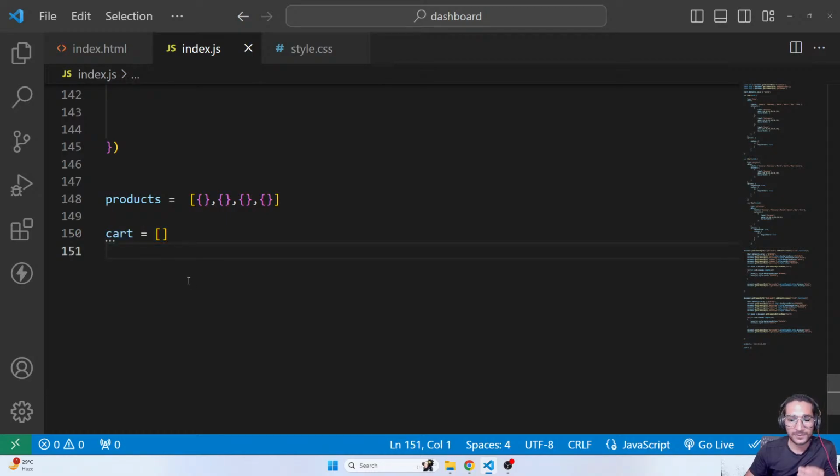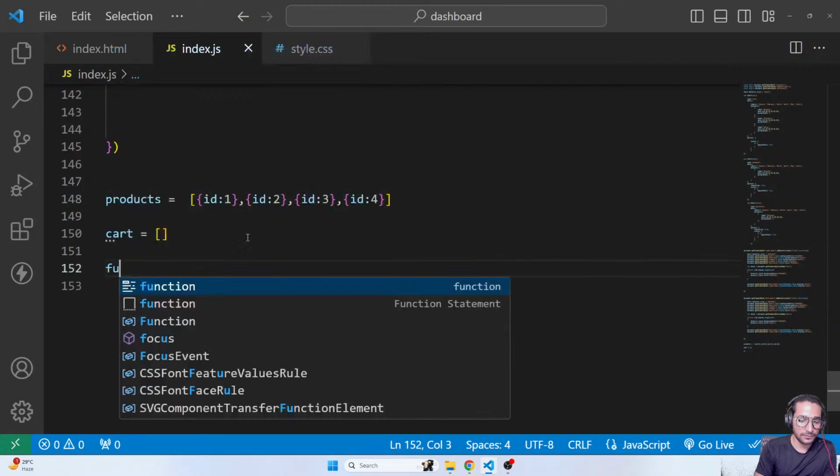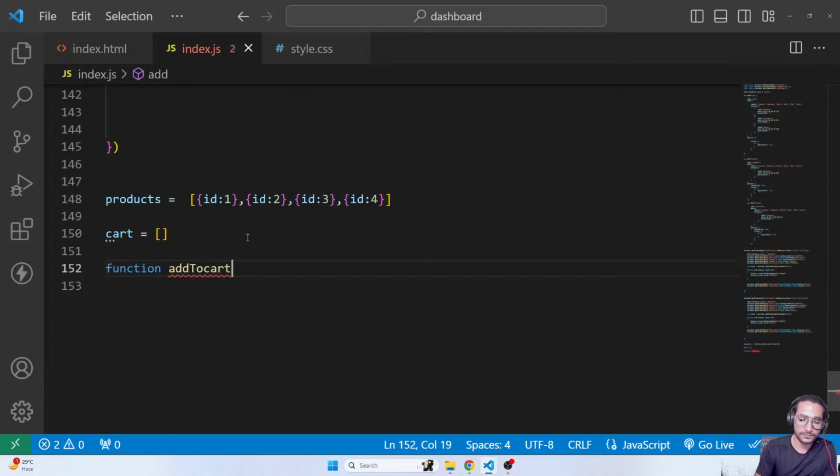So as soon as someone performs add to cart, create a copy of that object. Like for example, let's say this is ID1. I'm just using ID. I know that you might be having name and price and all that stuff. ID2, ID3. Wait, I'll show you. So, let's say you have a function add to cart, okay? And you're going to be calling it on button. Whenever you click on the button, you send the index or the ID of that element. You're displaying all these elements, right? So the ID of this will be available on the web page, right, Puzan? So when you click on the button,